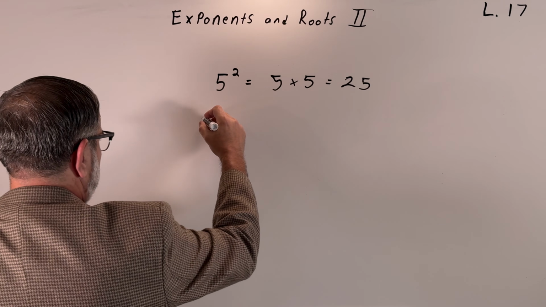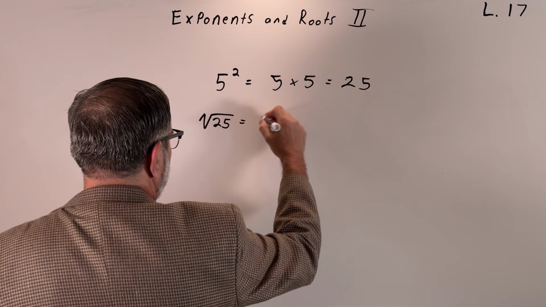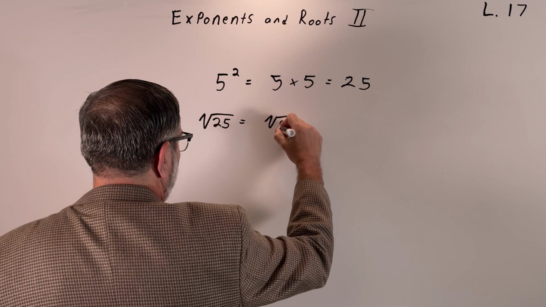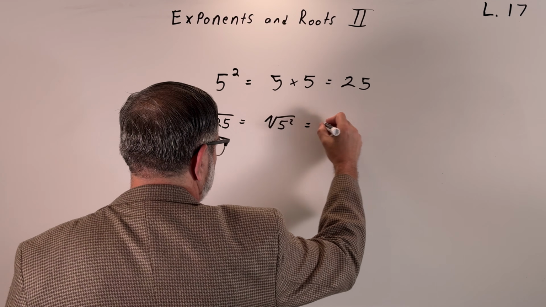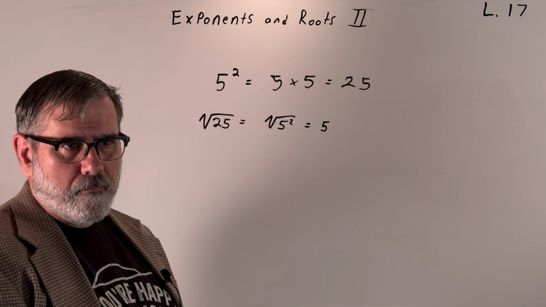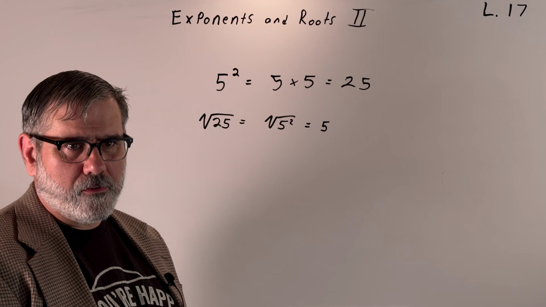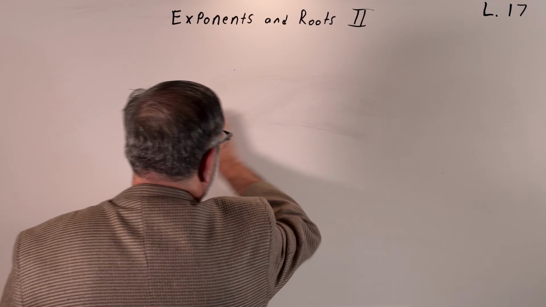We also learned about roots. For example, the square root of 25. Well, this just undoes the squaring operation, right? So if I have 5 squared under here, the square root of 5 squared is just 5. And everyone's good with that, yes? Yes. Good. So today, we're going to learn a little bit more